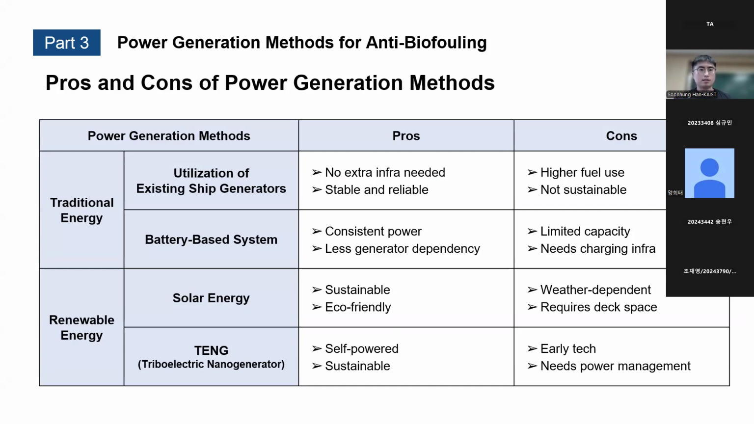And this table shows the pros and cons of power generation methods. The ship generator has low extra need and is stable and reliable, but the cons are higher fuel use and not being sustainable. And a battery-based system provides constant power and is better in efficiency, but the cons are limited capacity